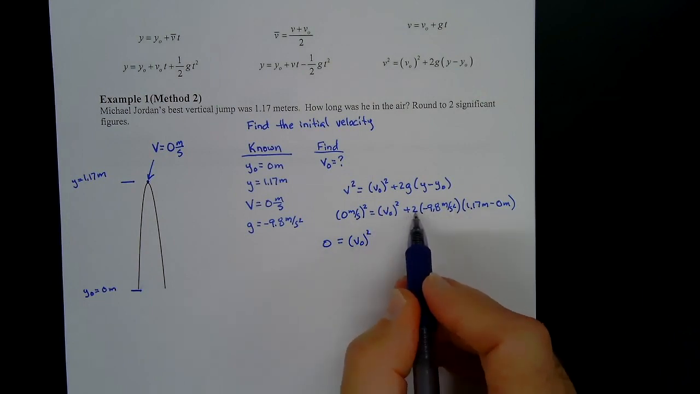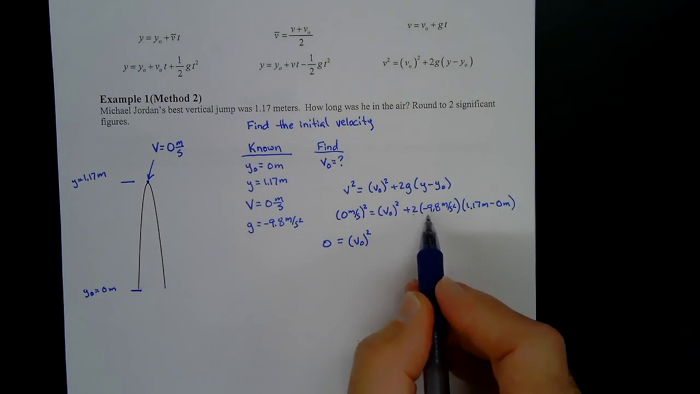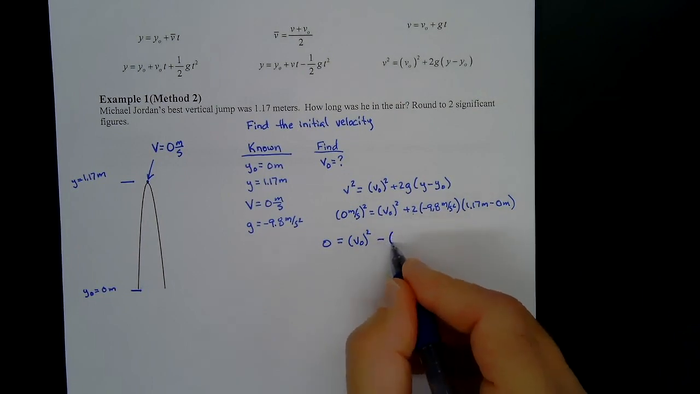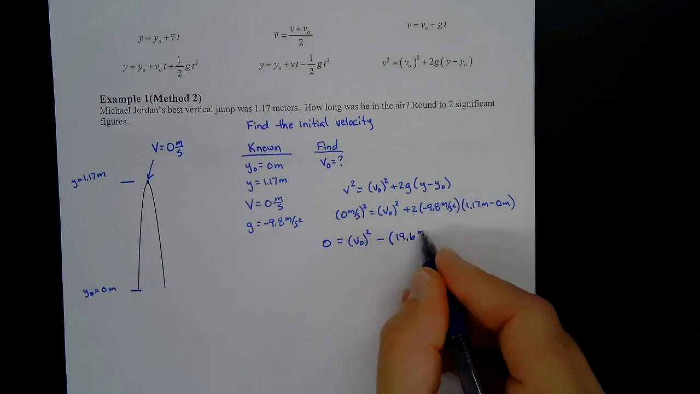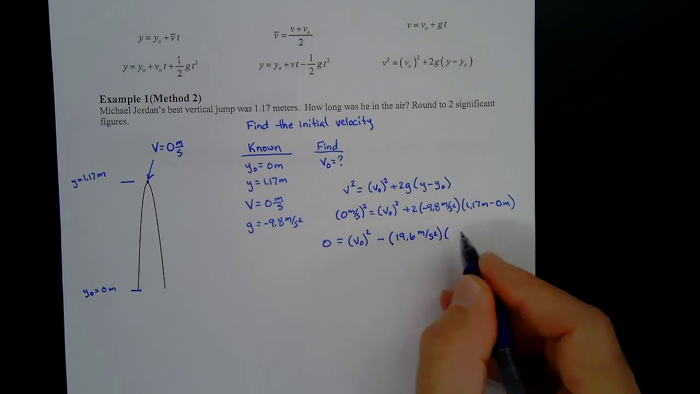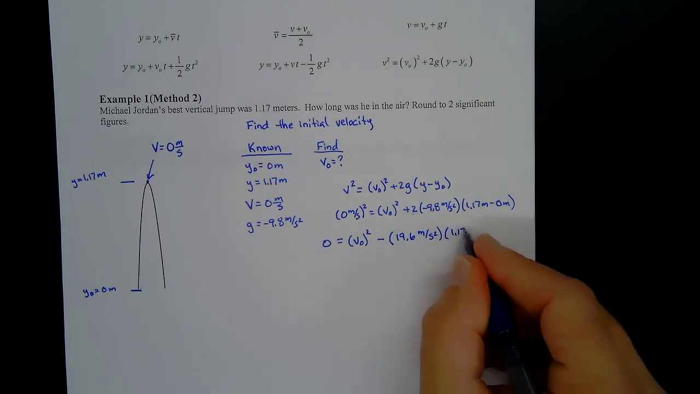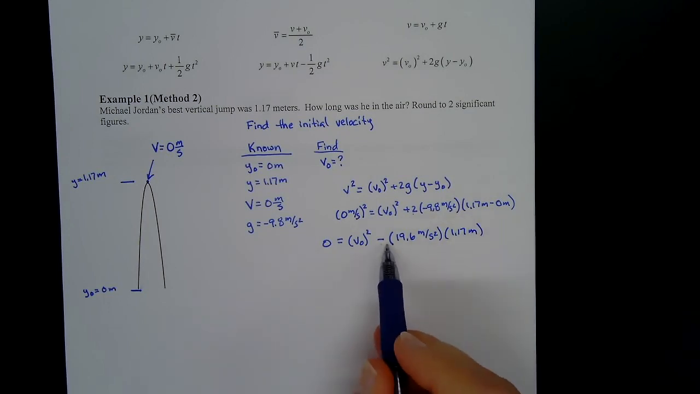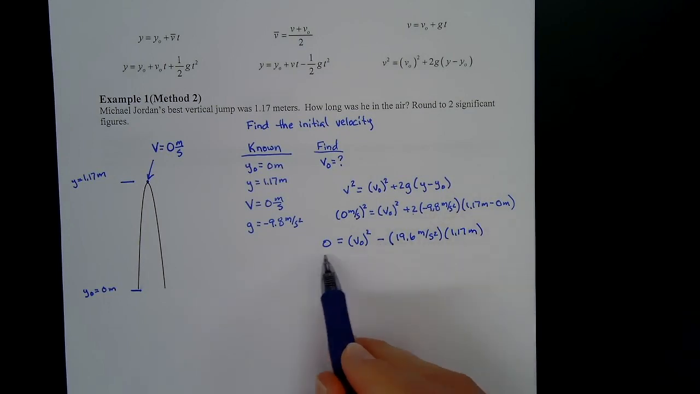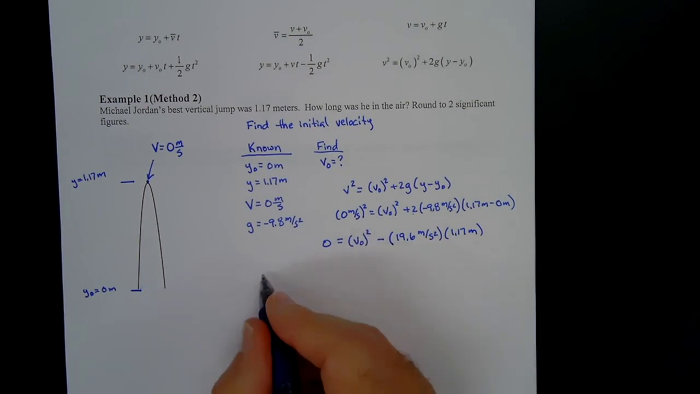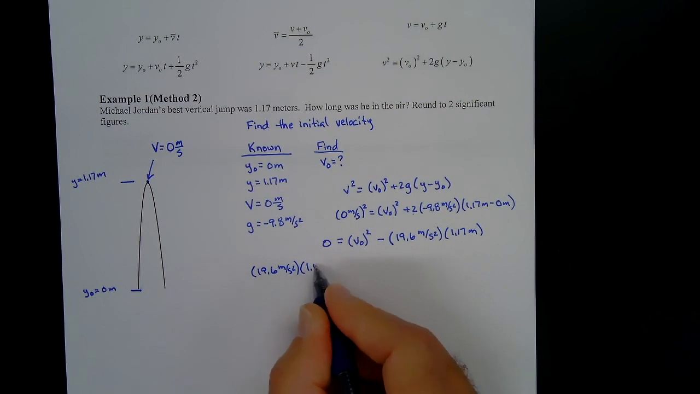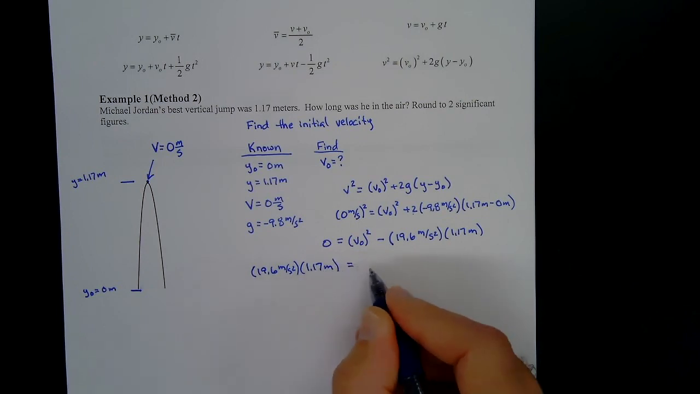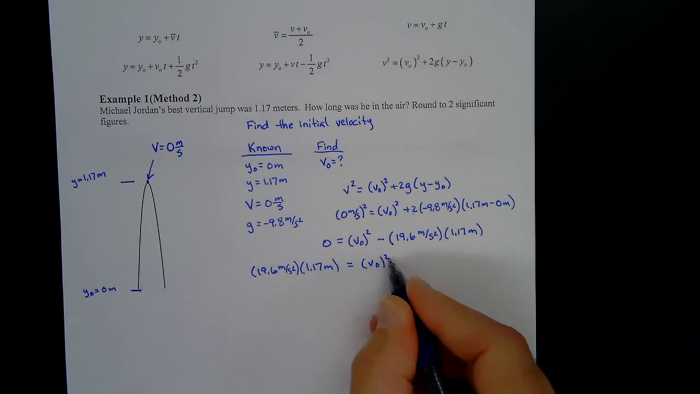is equal to the initial velocity squared. When I multiply, I have a positive times a negative, and that's going to be negative. So I'm going to write minus, and then this would be 19.6 meters per second squared. And then this calculation right here is 1.17 meters. So I'm going to move this, because I'm subtracting. I'm going to add it to both sides to get this v sub o squared by itself. So that's going to give me